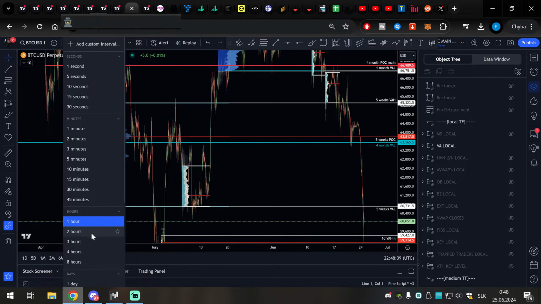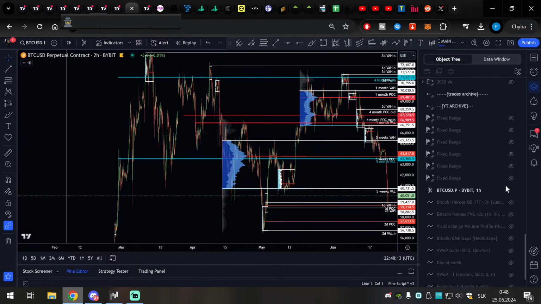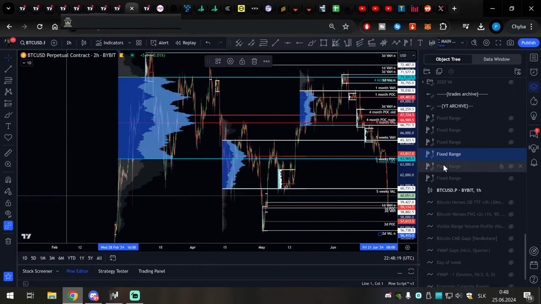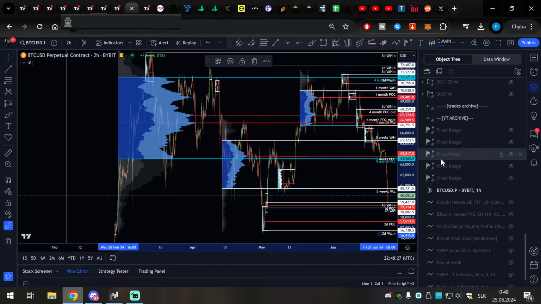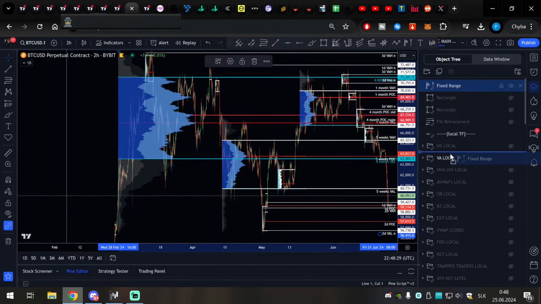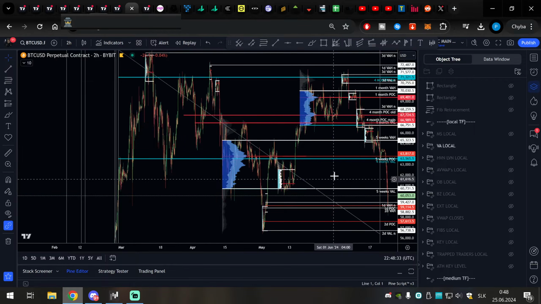Because if we go to 2-hour time frame, I'm missing the range pool, it should be somewhere here. Where are you? Okay, I need to move it to the upside. Move, bring to front. Okay, so